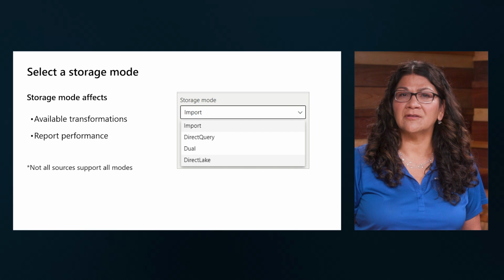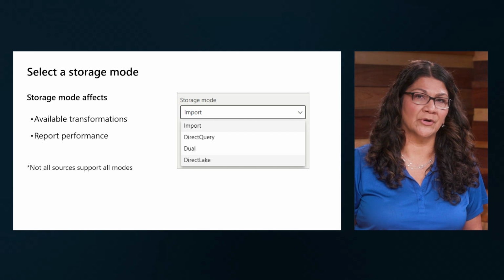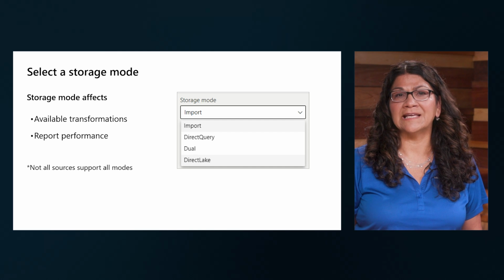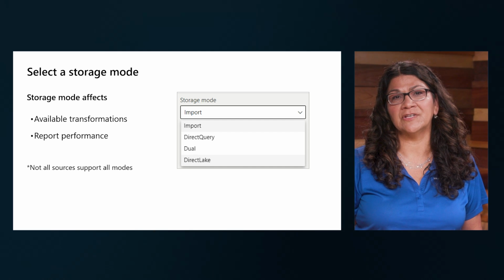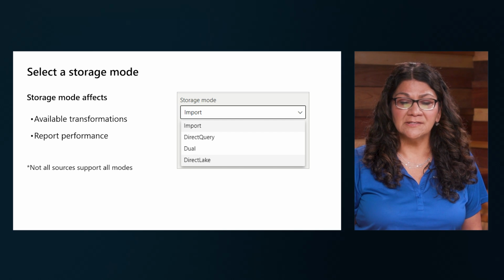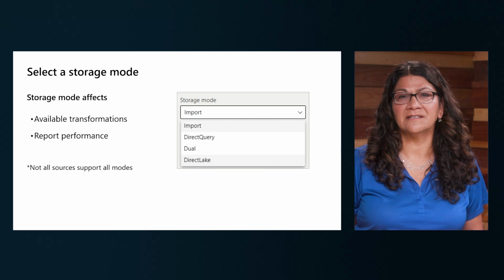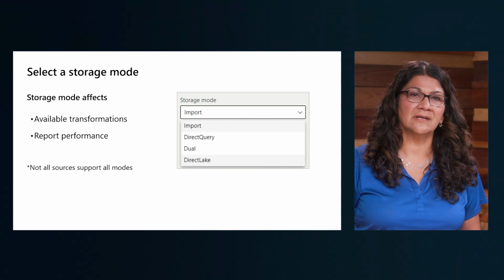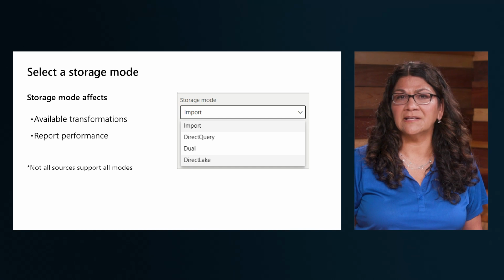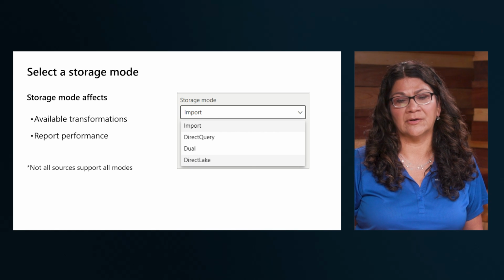With Direct Query, you leave the data at the source and only the schema is imported, so you have limited modeling capabilities and transformation features available in the Power Query editor. However, we also have other options here. Dual or composite is also available. It allows Power BI to identify some of the data to be directly imported and other data that will remain at the source and queried.